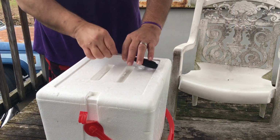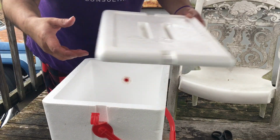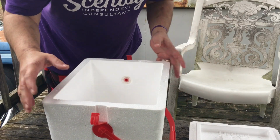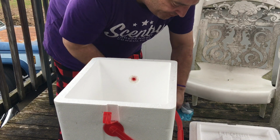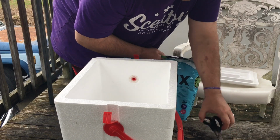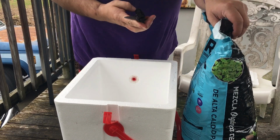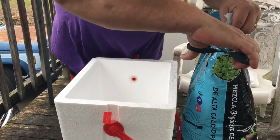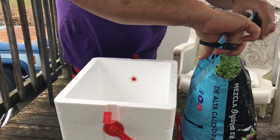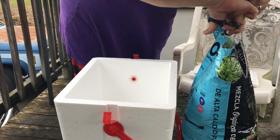Now y'all, since I'm not growing in a greenhouse and I'm starting these seeds inside my house, Gary over at the Rusted Garden suggested doing this, and I think it's a great idea because a lot of times there can be, for lack of a better term, little gnat eggs and stuff in here. Y'all know what I'm talking about. So to kill those off,